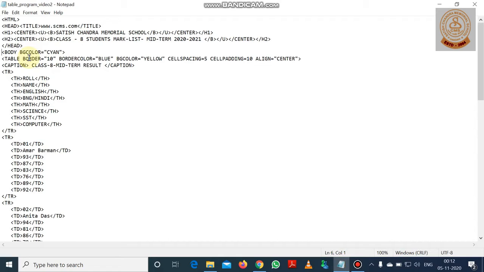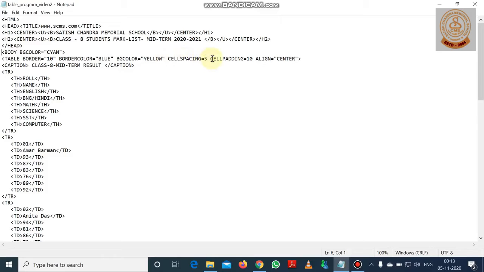These basic 7 attributes we can use in the table tag, but here I have used a very special attribute called align. So first we start with the table tag. Then the border size is given as 10, that means the border size is 10. Border color will be blue. BG color is yellow, that means the background color of the table will be yellow.